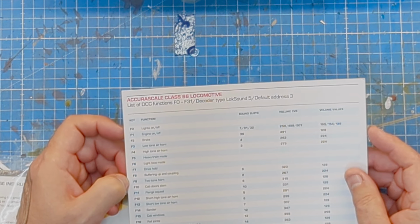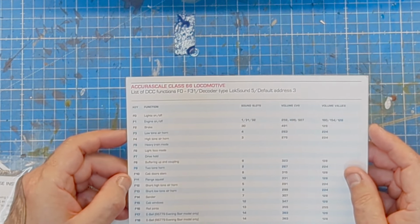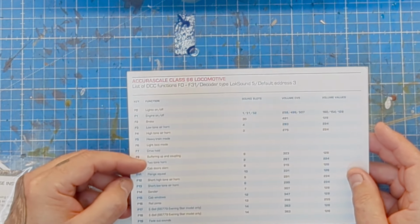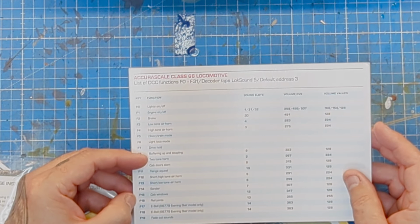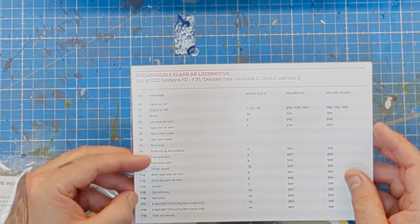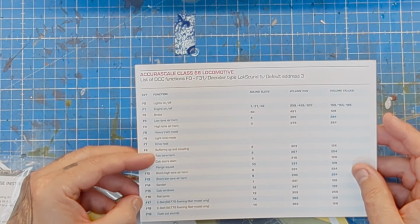function 9, the two-tone horns, function 10, cab door slam, 11 is flange squeal, 12 is short high tone air horn, 13 is short low tone air horn, 14 the sander, 15 the cab windows, 16 is the clickety clack sound of it going over the rail joints, 17 and 18 only apply to the Evening Star model, 19 fades out the sound,